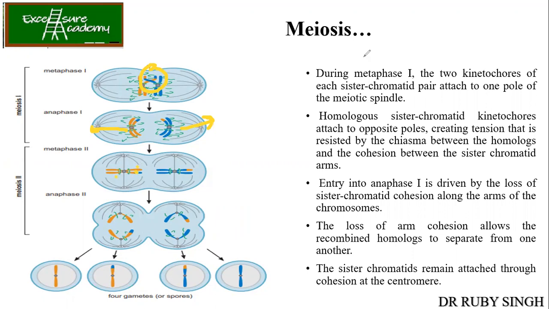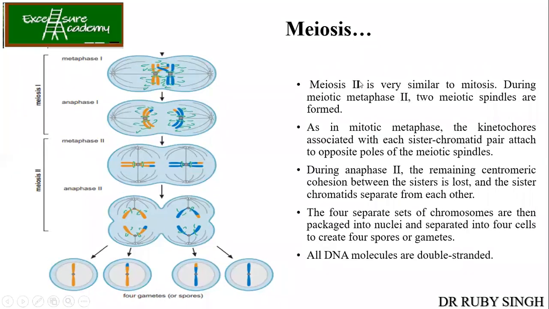Now, for this, it will enter meiosis 2. This is very much similar to mitosis. So what will happen? It will go into the metaphase plate, and the cohesion molecules will be proteolytically degraded. And then again, the spindle fibers are going to attach to the centromere kinetochore, and then it will be pulled to the opposite side. So at the end, what is happening?